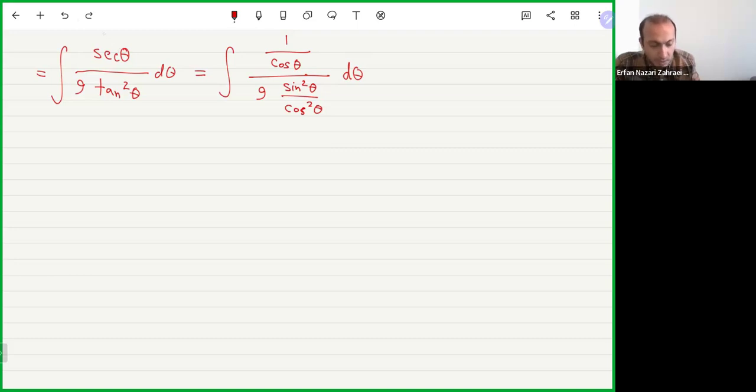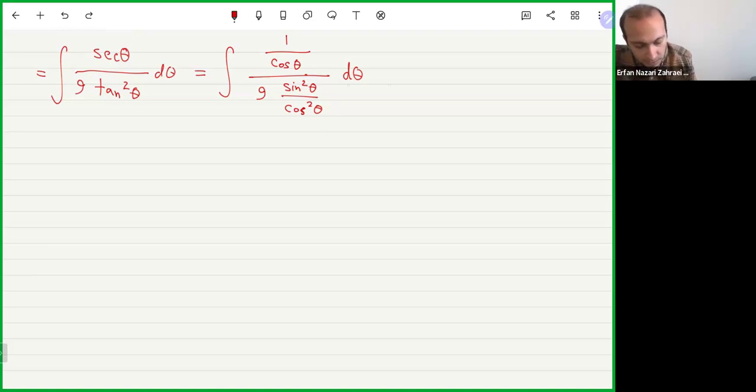Before continuing this, let me explain this. If this was, instead of secant, secant squared, I wouldn't do that. Why? In the previous section 7.2, when I have exponent of secant and tangent, and the exponent of secant is even, I can use the substitution u equals tangent. If this was what I got, I would use the substitution u equals tangent because I have an even number of secants on top. But I don't have an even number of secants on top, so I will write them in terms of sine and cosine to see what I get.